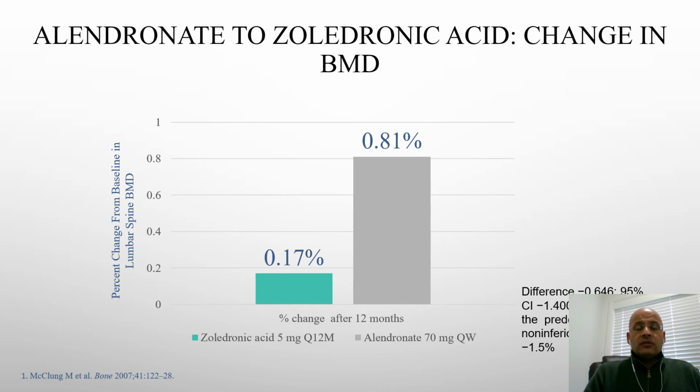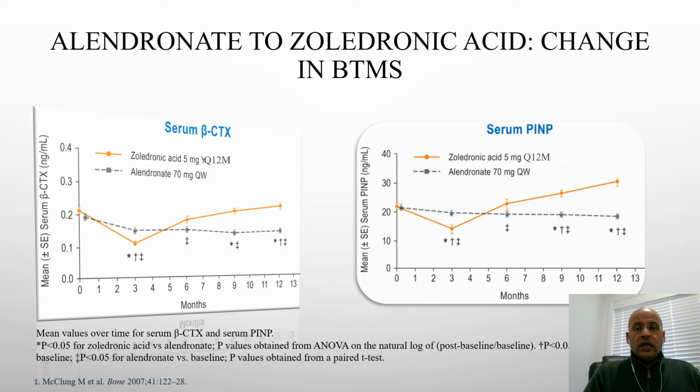How about changing from alendronate to zoledronic acid? There is a non-inferiority study that suggested that they are both just as good. And even with the C-telopeptide or the bone turnover markers, they have a slightly better profile with zoledronic acid. So we don't think there is a significant difference in the benefit you will get between Zoli and alendronate. However,